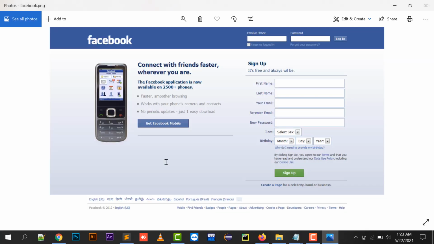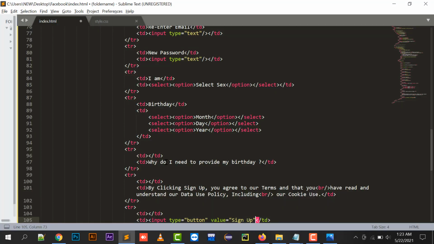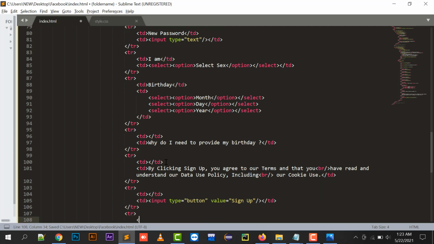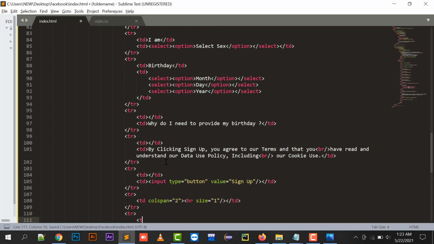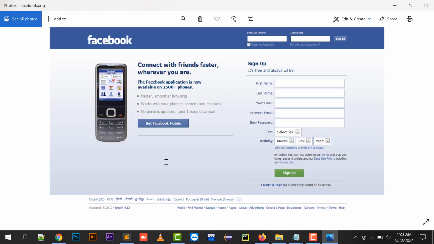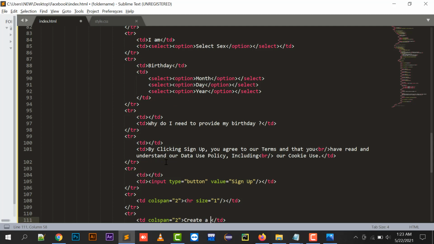Value should be sign up, and in the last we need to do here a colspan 2 in order to display the HR full length, and in the last it's again colspan 2, and here I'm going to say create a page